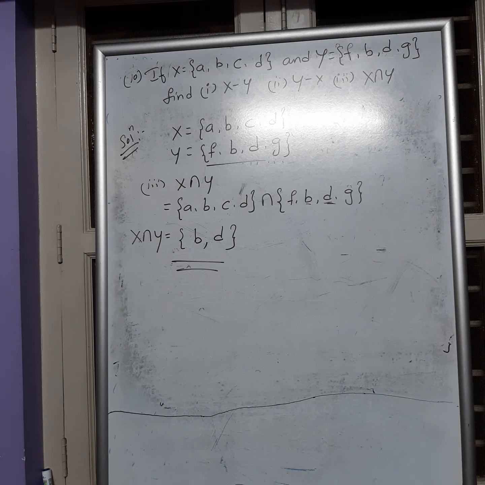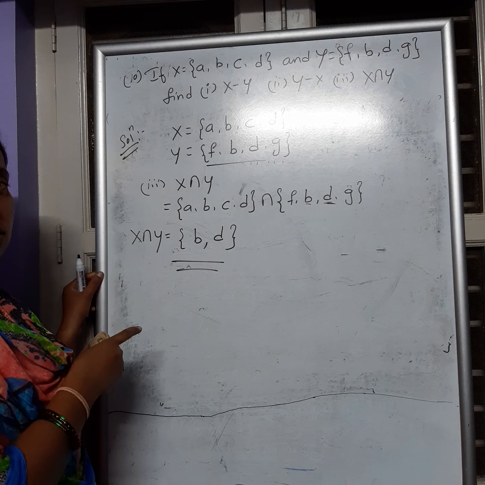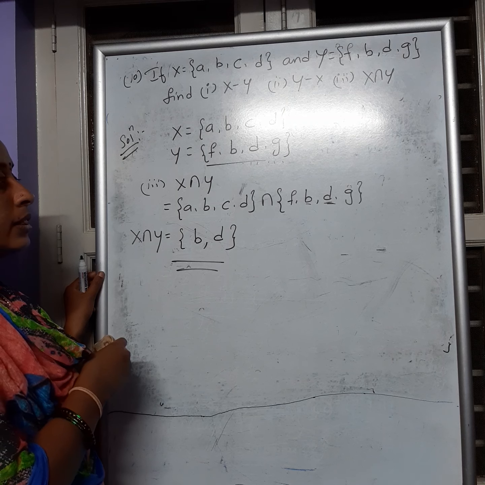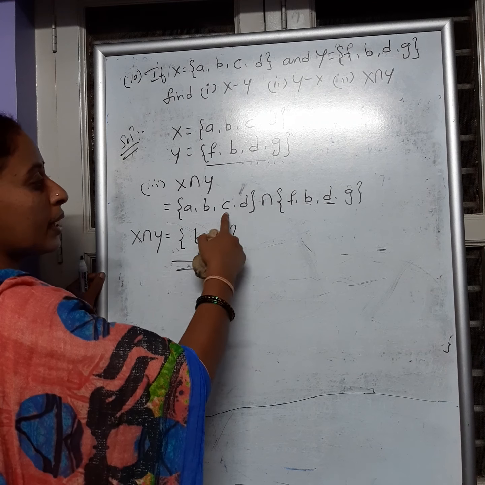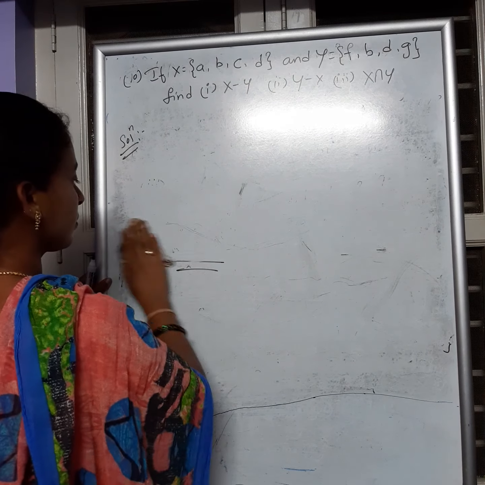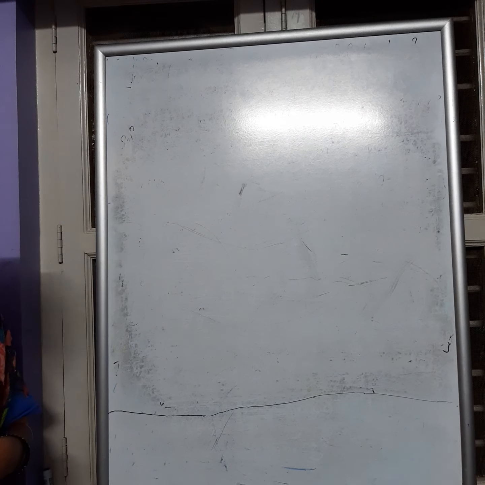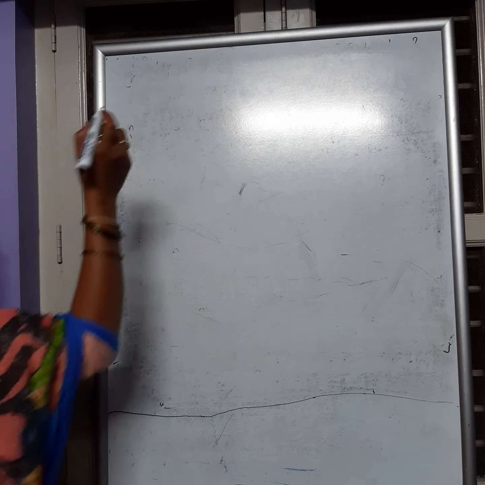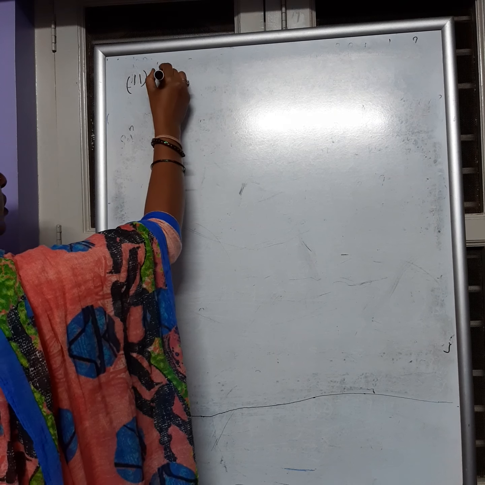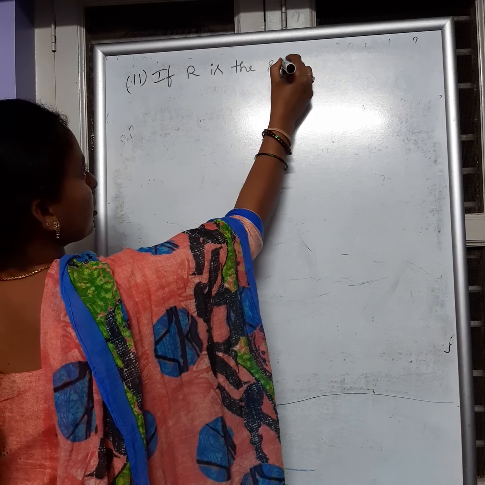Over. Understood this one? Let's move on to another, the 11th problem. Take the 11th one. Is there any doubt in this? Intersection means we collect the common elements in both the sets, okay? 11th one: if R is the set of real numbers,